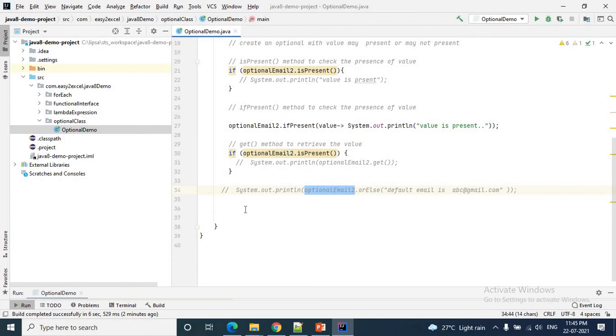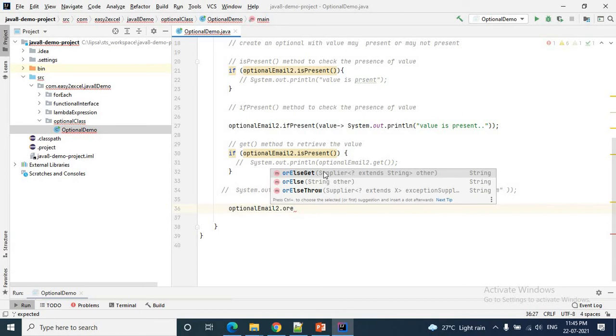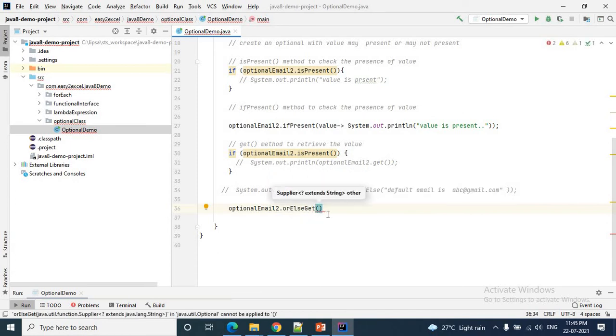Let me do it like this: optionalEmail2.orElseGet. Here you can see orElseGet accepts a supplier. Let me pass the supplier with the lambda expression, and it will return a string like default email is abc@gmail.com. The same string I'll pass here also.